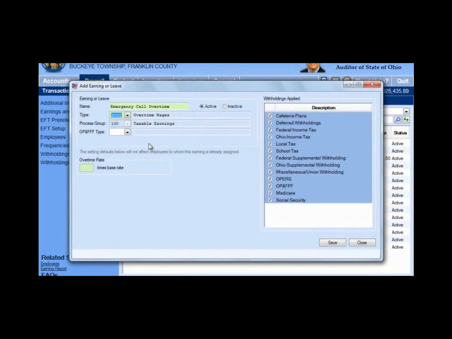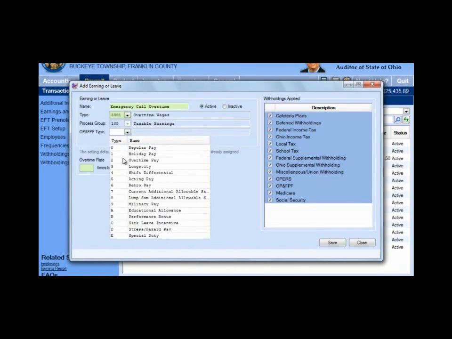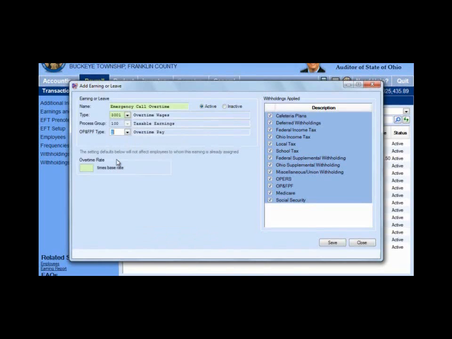If you're an OP&F member, you would need to put the OP&F type in this box, and that would be for this instance only overtime pay. You would consult with OP&F if you weren't sure. And our rate per our policy for emergency call overtime is 2 times the base rate of pay. So we'll enter 2 there. And then click Save